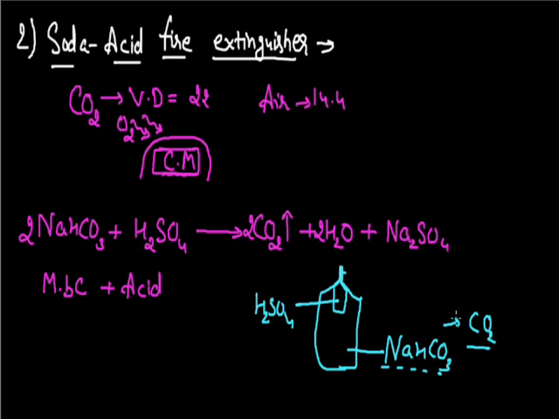So that is about the soda acid fire extinguisher, where we are using carbon dioxide gas to put off fire. As we have seen, this carbon dioxide gas can be used to put off fire, and if it comes with high pressure, then this kind of fire extinguisher can be used to put off disastrous fires also. And here we will be using the same principle in our next fire extinguisher, that is the foam type fire extinguisher.